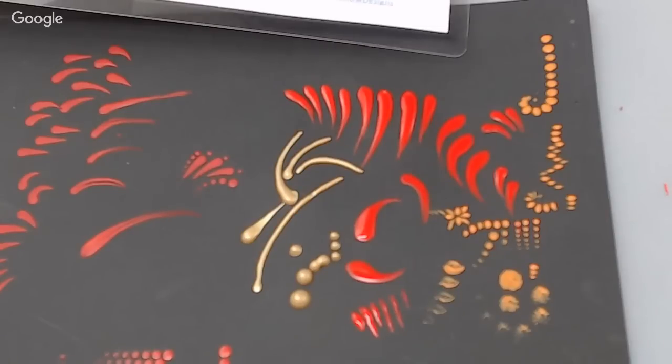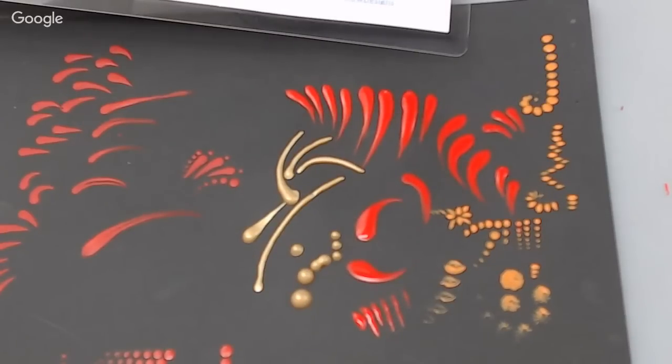What are the questions? Oh, I didn't see the question about fixing mistakes. What was the question? And yes, those caps work, they're DecoArts caps. But what was the question about fixing mistakes? I don't see it. Can you repeat the question? I'm sorry, I don't know what that one was. So Karen, I can't see it. Oh, when walking the dots, how do you fix the mistake? Oh, well,